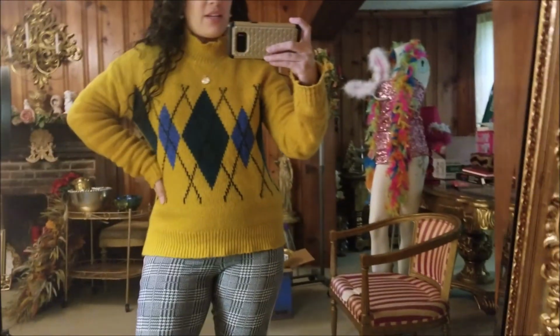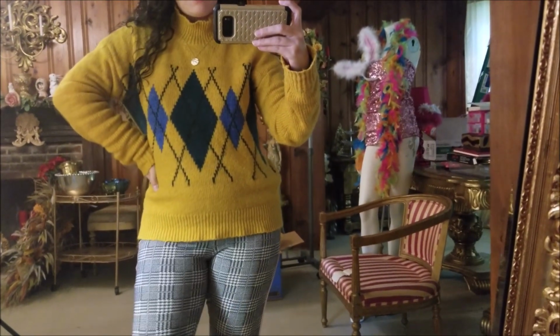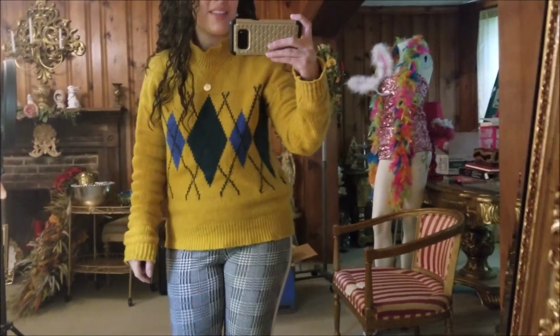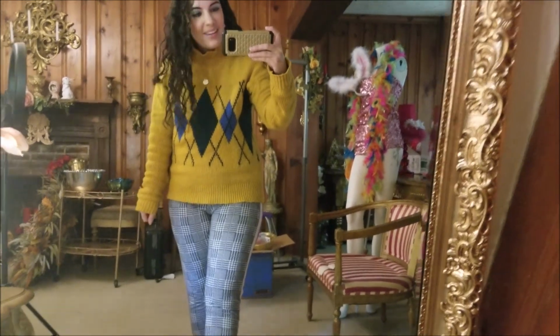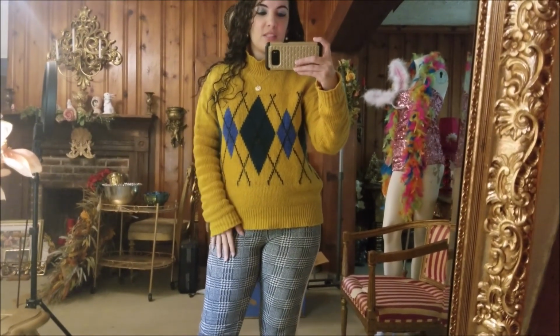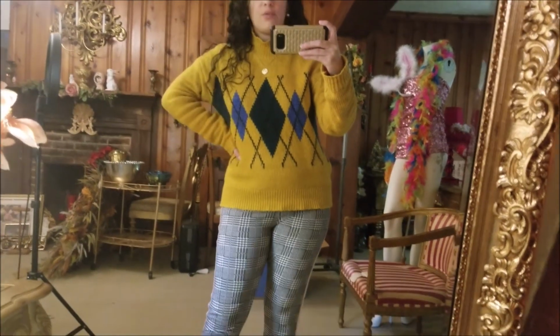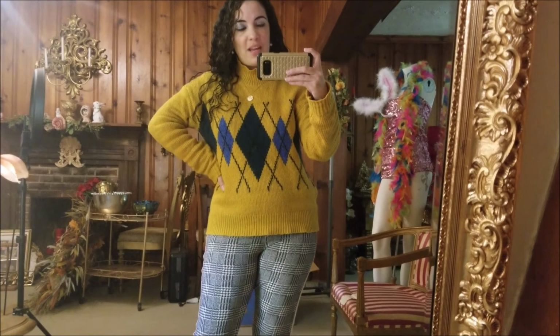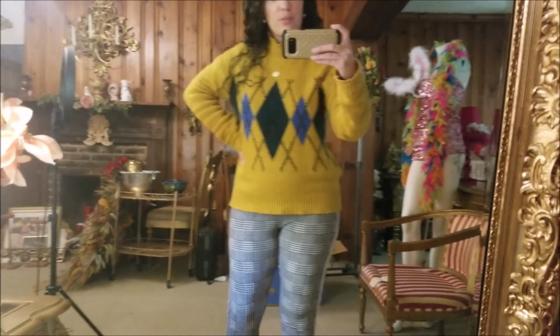So this came in the mail yesterday. This is a sweater that reminds me of Charlie Brown. He wore something that looks very similar to this, I thought anyway. So this was only $3.50 on sale at walmart.com. Unfortunately, I think it's sold out now. They had it in gray as well, but I thought the yellow one that looked kind of like Charlie Brown